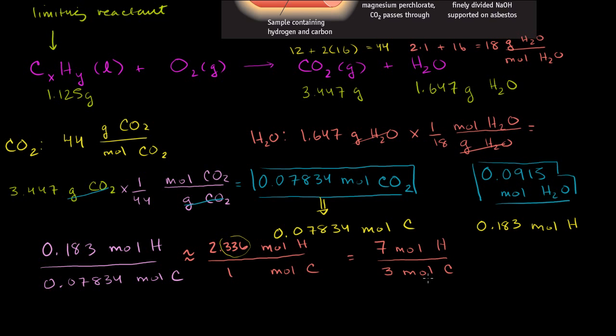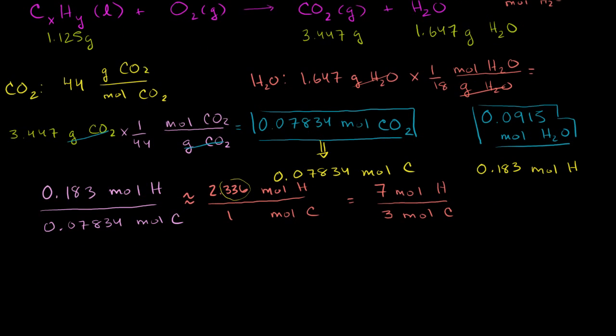And we've figured out our empirical formula. We have 7 hydrogens for every 3 carbons. Right? If we have 7 moles for every 3 moles, that means we have 7 hydrogens for every 3 carbons. And so the empirical formula of our mystery hydrocarbon is, for every 3 carbons, we have